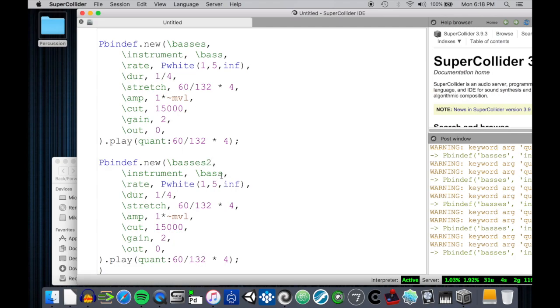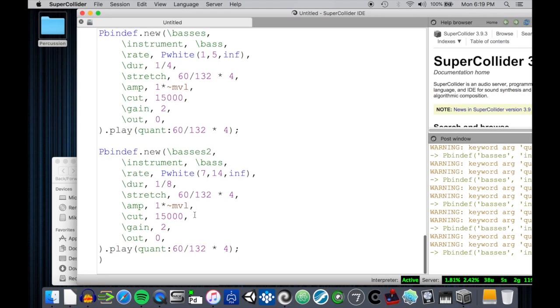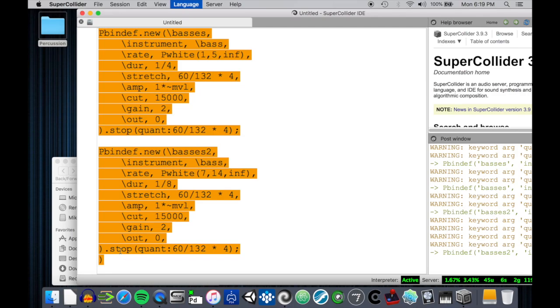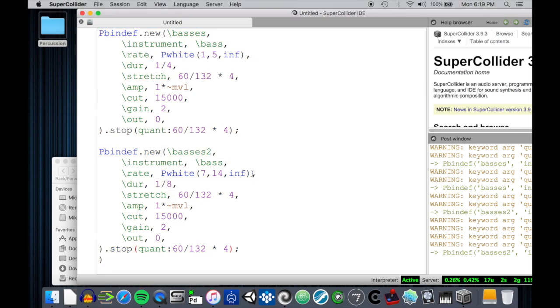Let's go ahead and create another stream of basses. We'll call this play system basses 2, and I'm actually going to use this to create a melody that's also based on the harmonic system, so it should be harmonically fine with the bass line that's going on, and I'll have that moving at a faster rate. Once we go ahead and evaluate that, great, now we have eighth notes moving on top of quarter notes. And all is right in the world. We're going to go ahead and stop this for a second. I'll stop my bass, and I'll stop my melody,